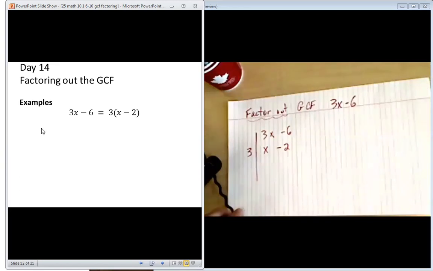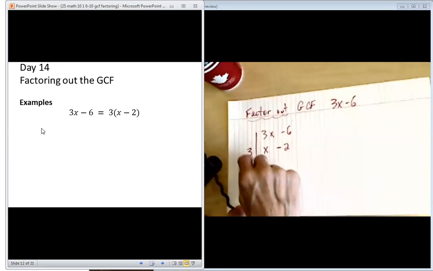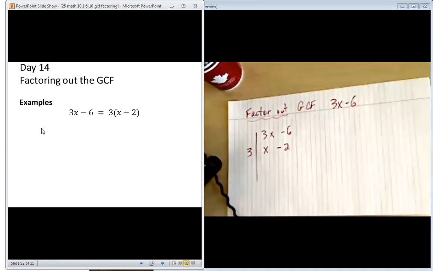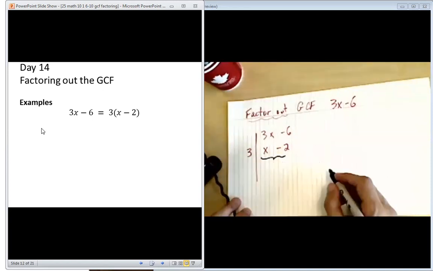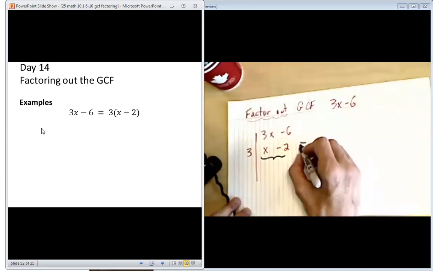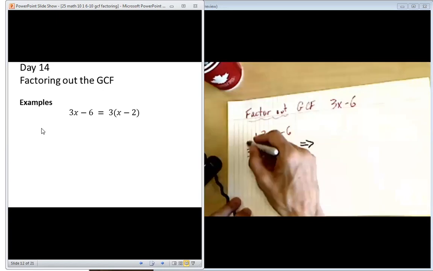So before we used the GCF only, right? Figured it out at the bottom. All we're going to do is include this part now as well in our answer. So watch. The GCF, once we figure it out,